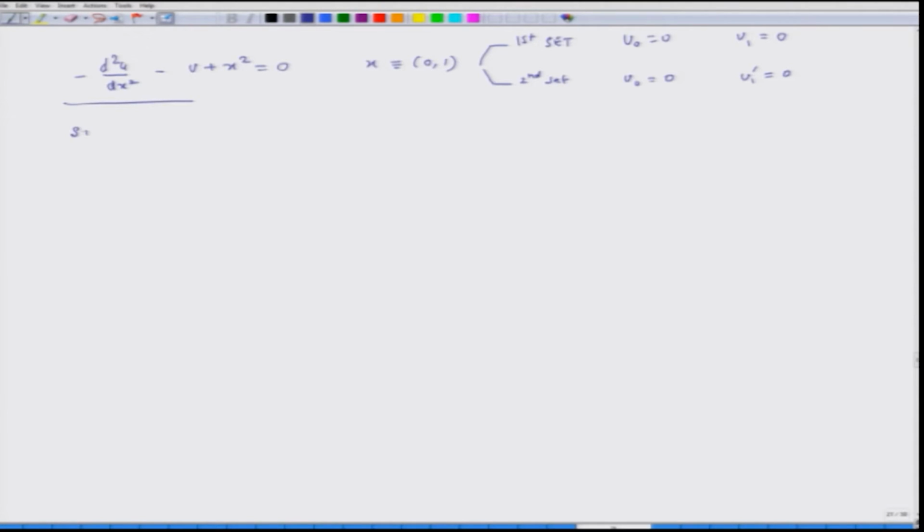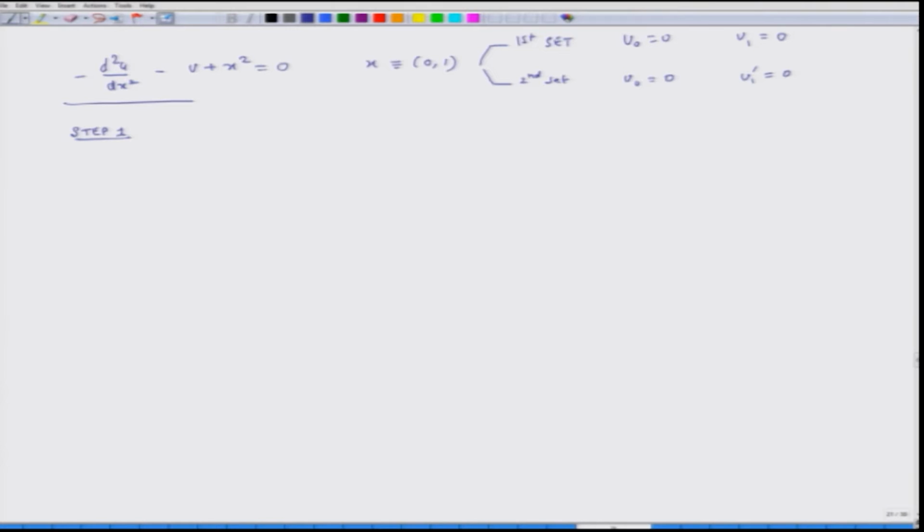So, the first step is that I express this equation. First thing we do is see what kind of differential equation this is. We see that the equation is linear in u because all the powers of u are 1, there is no u square or u cubic term. So, first, it is a linear equation. The second thing is that the order of this differential equation is 2. We had seen earlier that if the equation is of an even order and if it is linear, then we can create a bilinear symmetric functional for it.